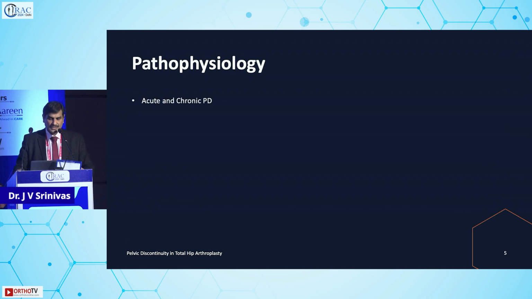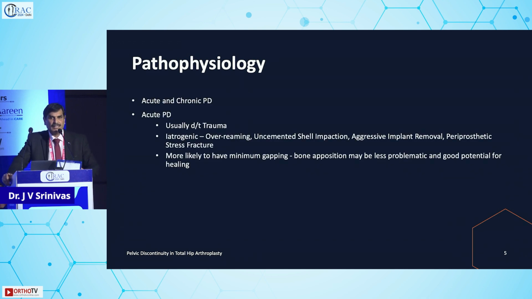If you see the pathophysiology, we divide the pelvic discontinuity into acute pelvic discontinuity and chronic pelvic discontinuity. Acute is usually following a trauma situation. Iatrogenic, as I mentioned, over-reaming, trying to get a cup supra-inferior fixation and reaming of the anterior and posterior walls was one of the most common causes for iatrogenic pelvic discontinuity. And ruthlessly impacting your cementless shell very hard into the medial quadrilateral plate causes a pelvic discontinuity and periprosthetic